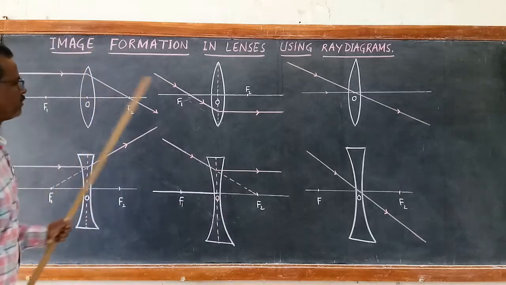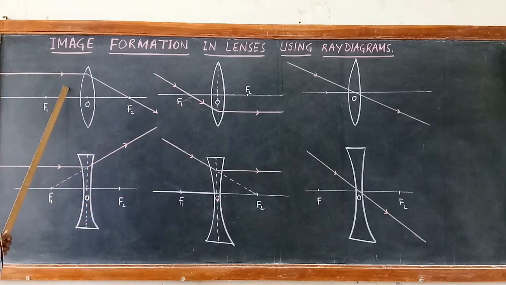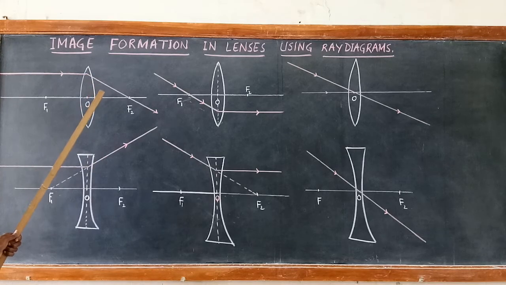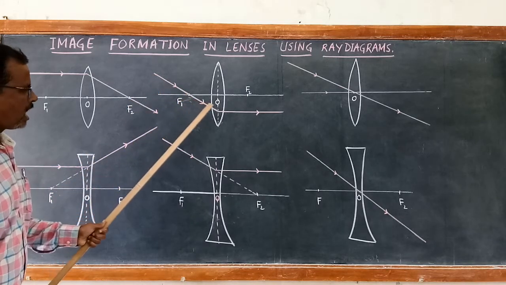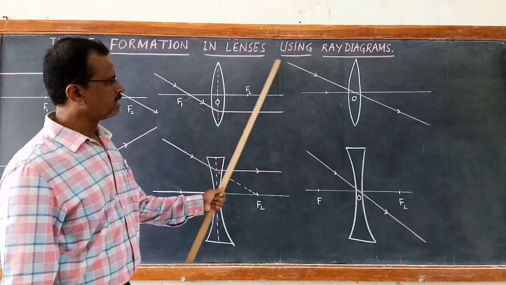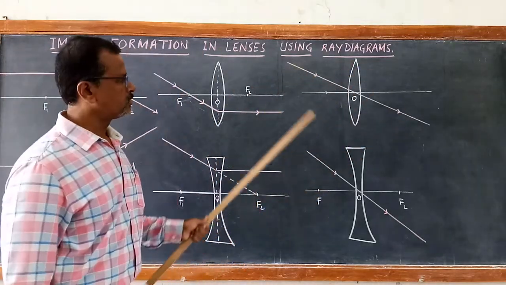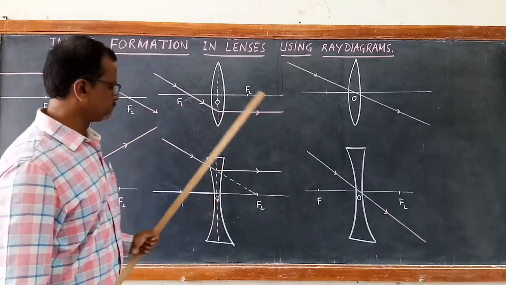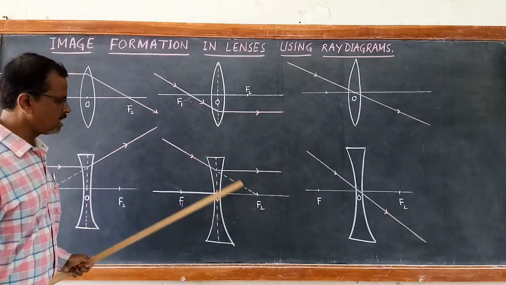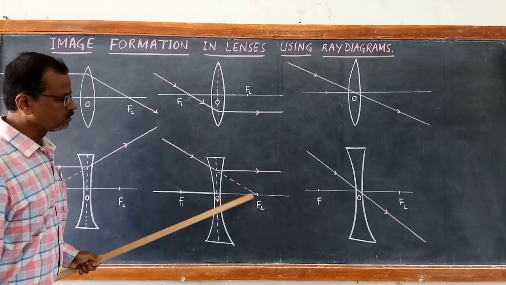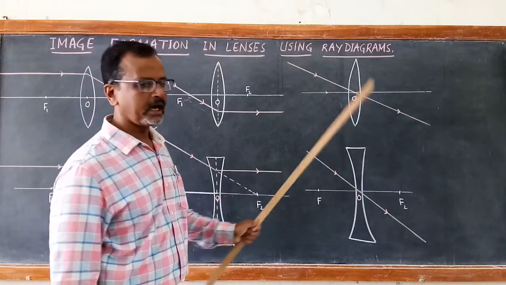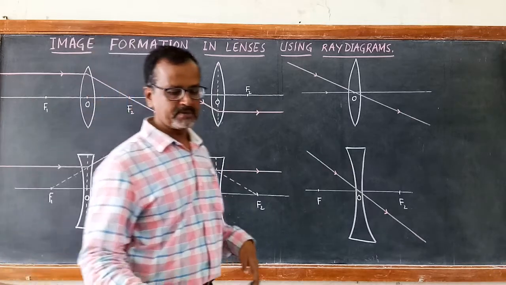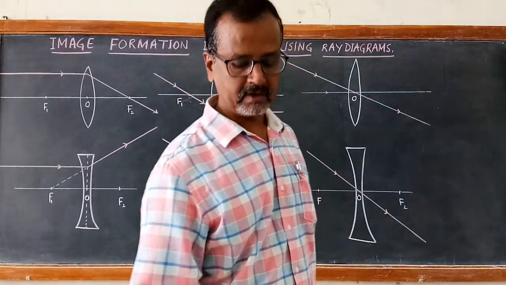This point will be clear. I think these are the three important rays you must remember. One, parallel to the principal axis: after refraction it converges here, or diverges here, appearing to have come from the focus. The ray passing through the focus, after refraction goes parallel to the principal axis. The ray passing directly through the optic center goes without any refraction. Here the ray directed towards the focus, after refraction goes parallel to the principal axis, and the ray passing through the optic center goes undeviated. Now let us see the image formation for convex lens and concave lens in detail.